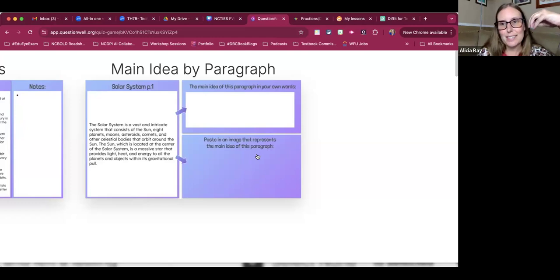What I would suggest instead is maybe if I leave this one as the main idea of this paragraph, I'm going to change this one instead of paste an image. I'm going to have them write the details that support the main idea. If you do ELA, you know you have seen those questions on release test items. I'm not talking about the test like I'm giving you things after looking over somebody's shoulder, right? That is highly unethical. I'm literally just repeating what is on the released test items.